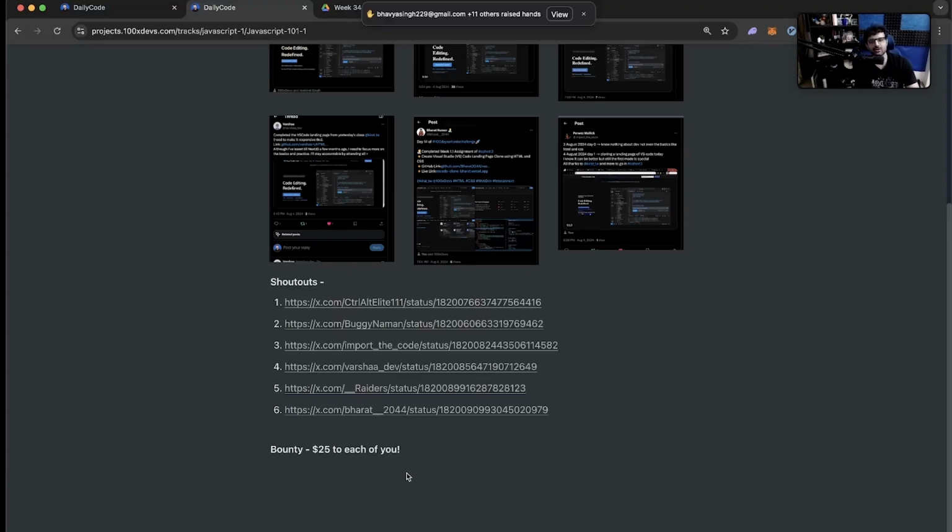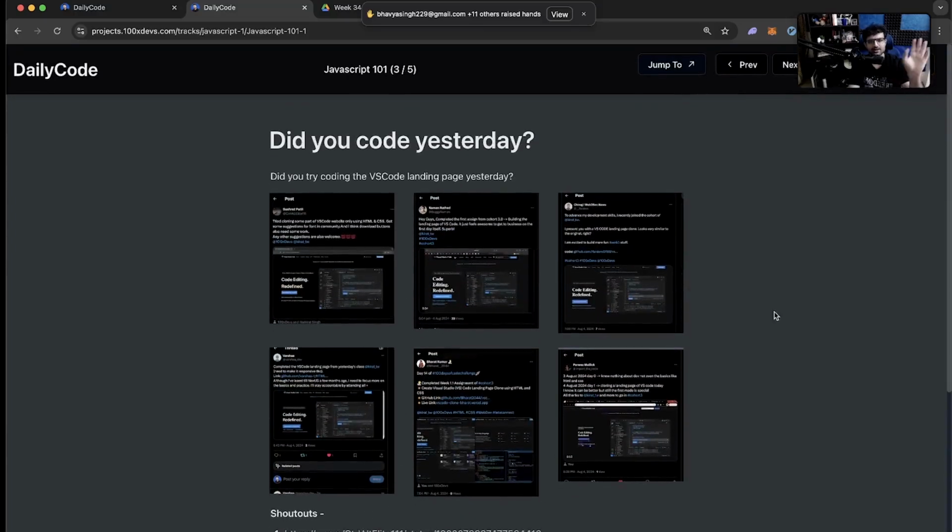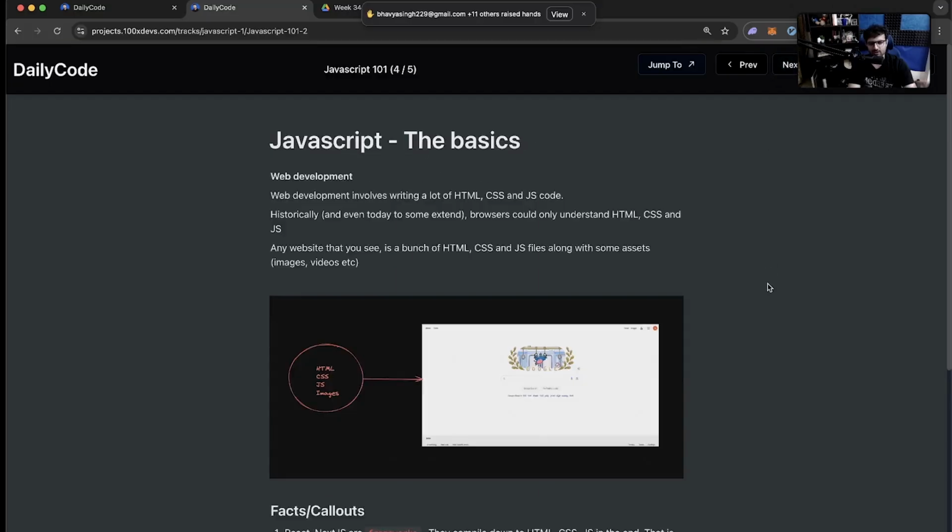$25 of bounty for each of you. Not because it was a lot of effort, but because you showed up on day one and also gave me some motivation. At least someone was able to create the landing page. I thought yesterday went a little fast when we reached the padding section. So great to see people make it. Some of these people are coding for the first time, so they are average landing pages. Some of these are good landing pages, and I would urge you to build your own before the next class as well. I will also do an assignment.